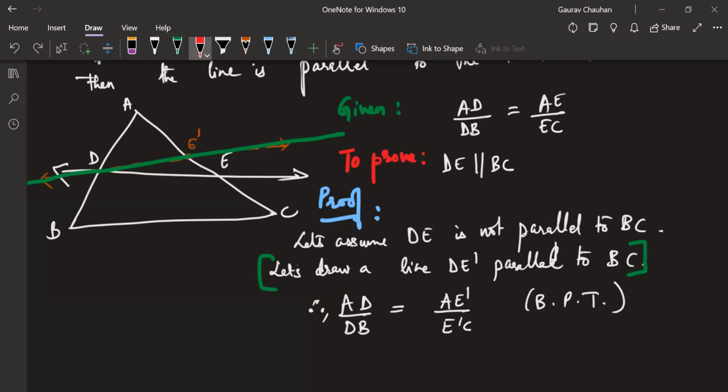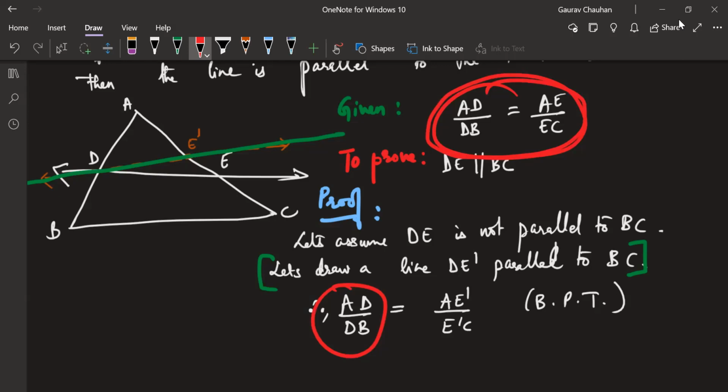Yes, Bindu. Sir, in the question, they already gave that AD is equal to AE. AD is not equal to AE. So AD by DB is equal to AE by EC. It's just our alertness. Just be alert to what we know. This is something we know, which means I can substitute it in this place, right? I can write AE by EC here, right?